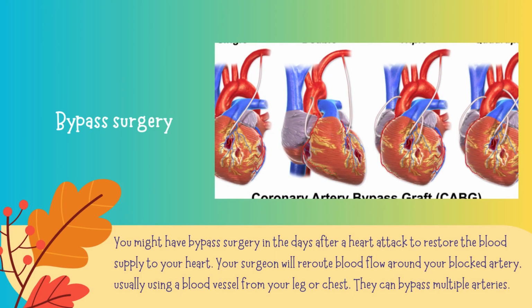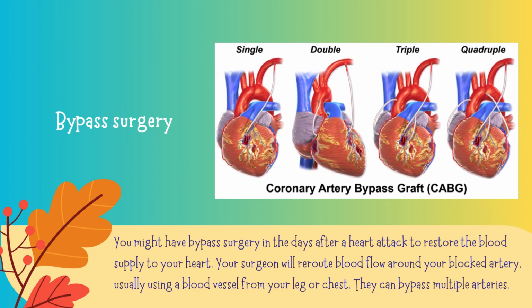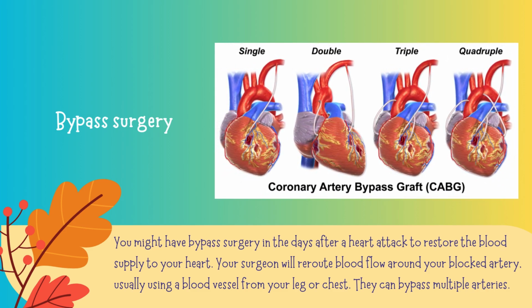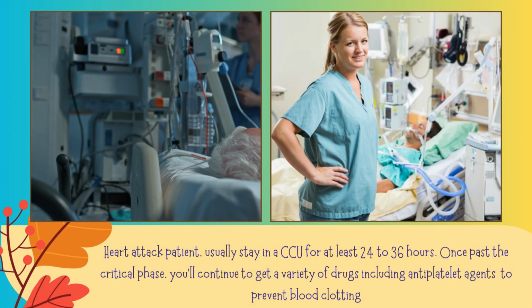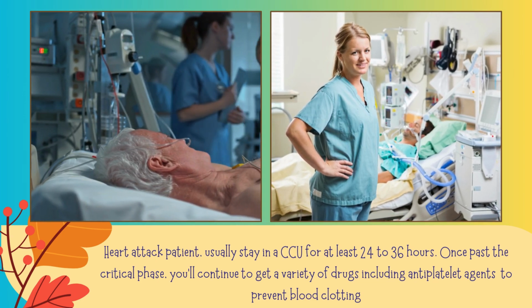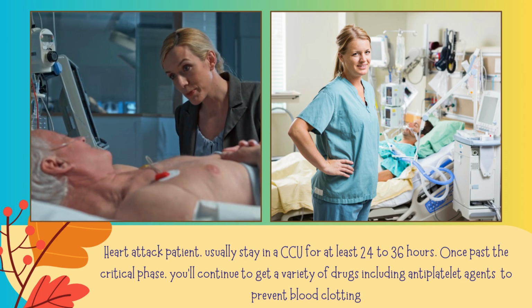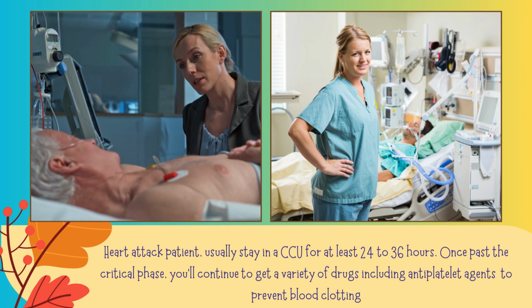You might have bypass surgery in the days after a heart attack to restore the blood supply to your heart. Your surgeon will reroute blood flow around your blocked artery, usually using a blood vessel from your leg or chest. They can bypass multiple arteries. Heart attack patients usually stay in a CCU for at least 24 to 36 hours. Once past the critical phase, you'll continue to get a variety of drugs including antiplatelet agents to prevent